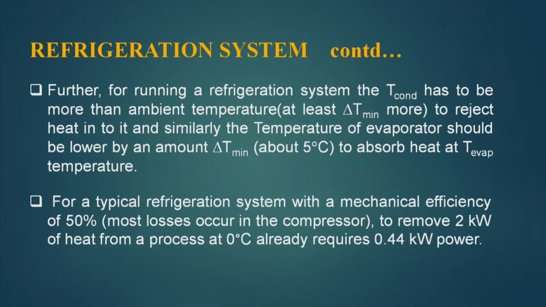For a typical refrigeration system with a mechanical efficiency of 50% or so, most losses occur in the compression. This is a fact. And the example is to remove 2 kilowatt of heat from a process at 0 degree centigrade. This requires 0.44 kilowatt power. That means, when I am pushing up heat from a lower temperature to a higher temperature, I am